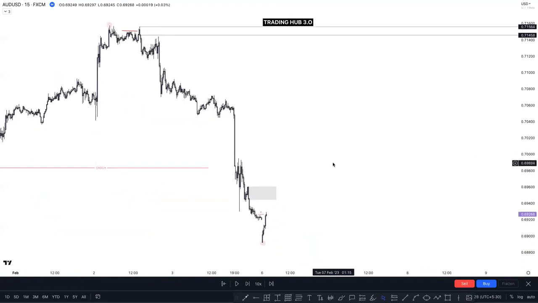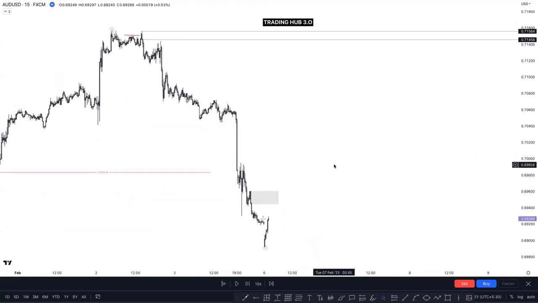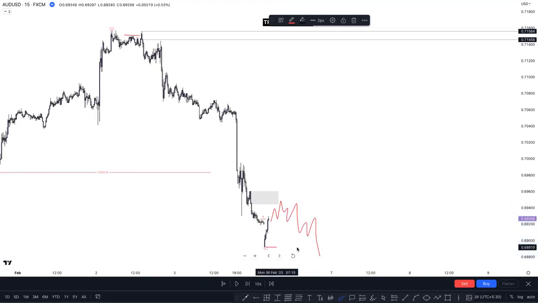Okay. So how can we think in terms of probability? Where is our high probability? The first POI is here, right? If the market taps here and gives any lower time frame confirmation, you can sell here until this low, right? And the next possible scenario is here. If the market taps here but does not respect anything and continues going higher,